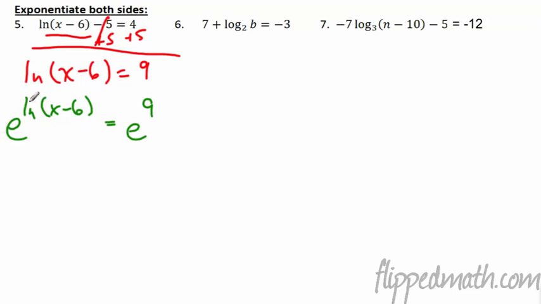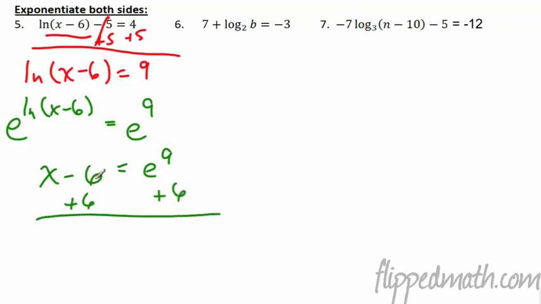Now, if I use the exponent that I use on e to get x minus 6 as an exponent on e, it sounds like double talk, but we get x minus 6. Here we get some ugly number. I'm just going to leave it as e to the 9th power. We need to add 6 to both sides. So they cancel, and we get x equals e to the 9th plus 6, which is approximately equal to,